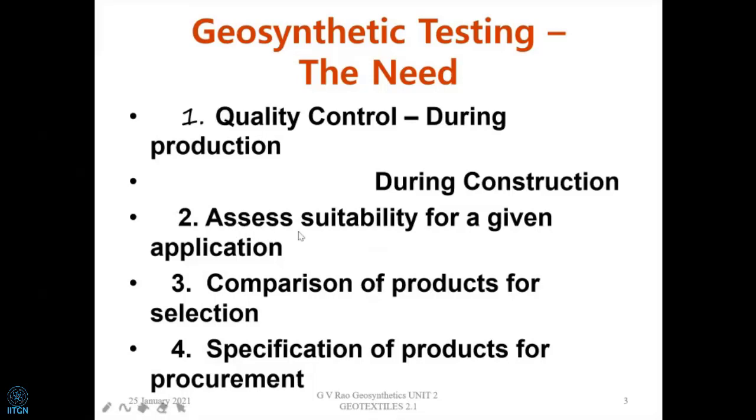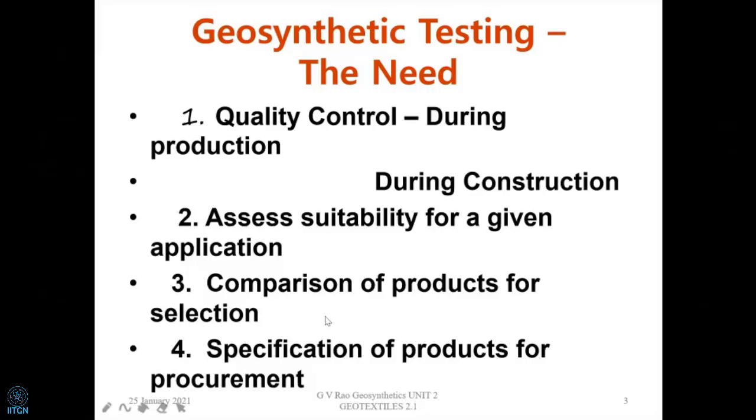Then we need to understand whether the particular geosynthetic is suitable for a given application. What do you mean by a given application? Well, say I want to do drainage. Now, what is the preferred material? For drainage, will we put a geogrid, or a woven geotextile? We have already seen that certain kinds of geosynthetics are good for certain functions. If you are thinking of a function like filtration and drainage, we have seen that probably a non-woven geotextile will perform this function. So the initial selection itself is going to be based upon the application, and in the application, what function it is going to perform.